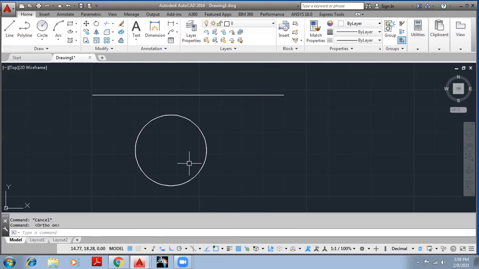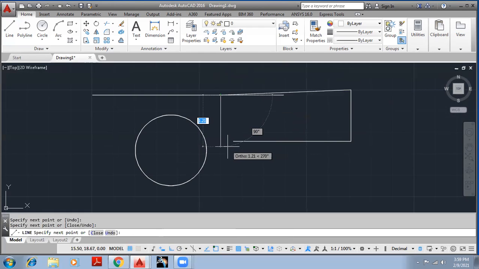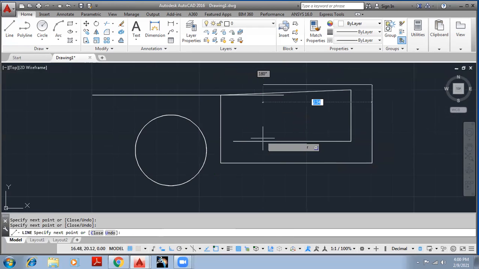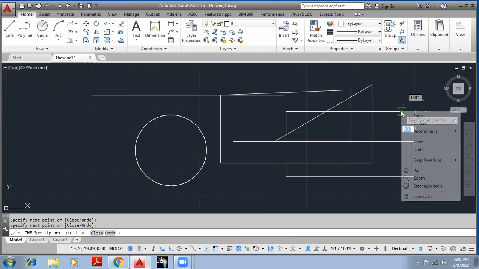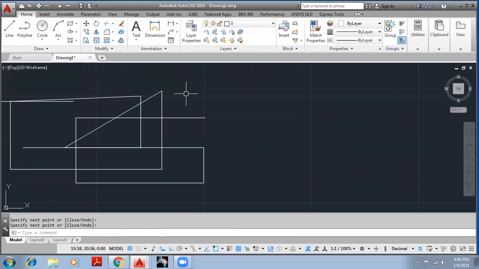snapping reference lines. This is what we follow: snap cursor orthographically. If I turn it on now and start drawing a line, I am able to draw a perfect horizontal and perfect vertical line. No doubt I can draw an inclined line, but otherwise it is going to draw pure vertical and pure horizontal lines. Ortho mode is to assist us in drawing, and it can be turned on and off by pressing F8.